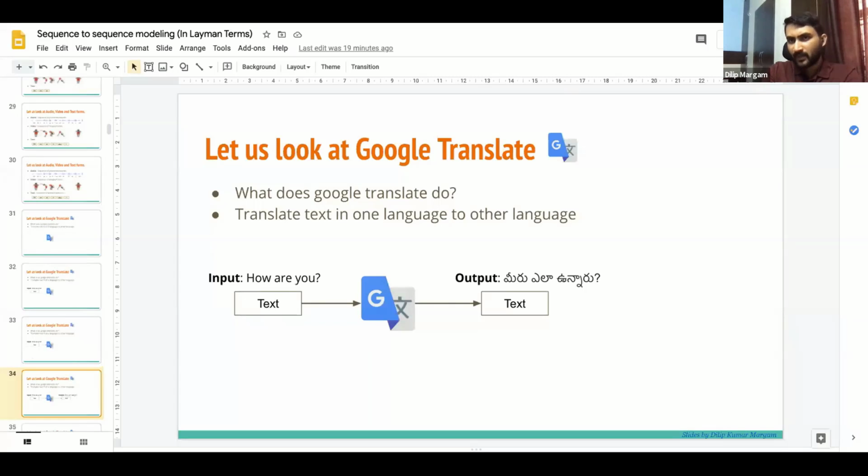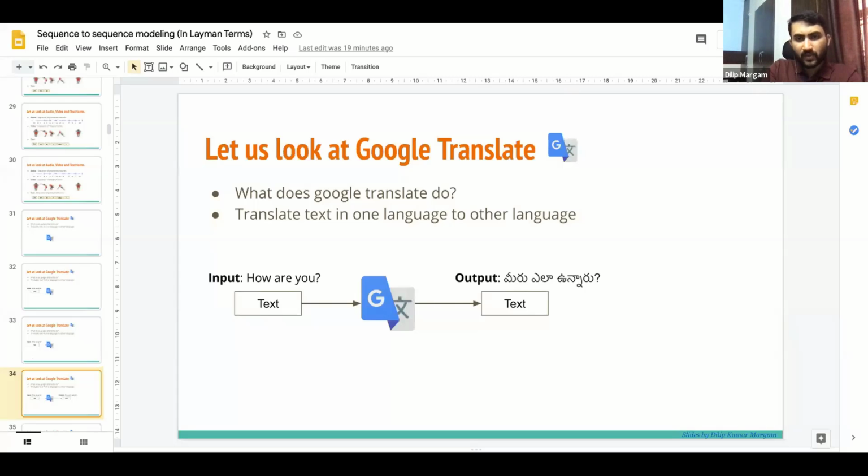If not, you can ask me. I can translate it to Hindi. I mean, I only know Hindi, Telugu, and English. I cannot translate it to any other language. Dilip, there are audience members who are native speakers of other languages, so now and then you can go. Okay, so "Miru ela unnaru" is a Telugu translation of "how are you."